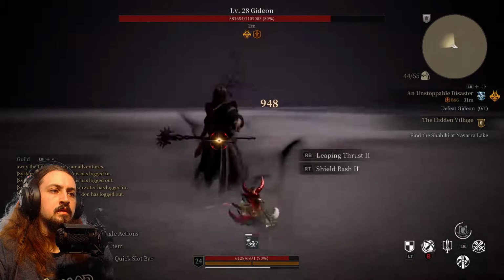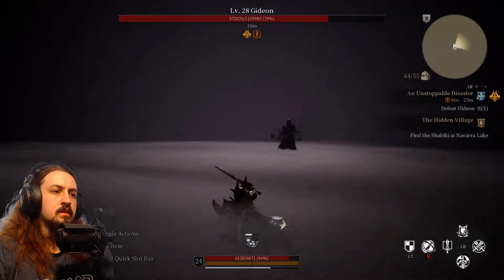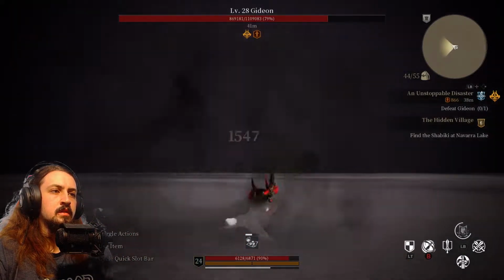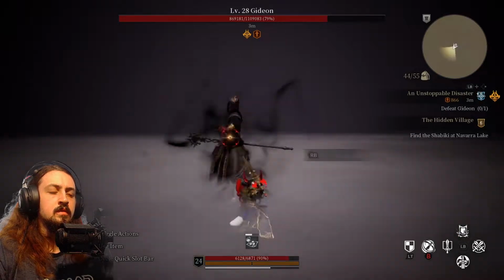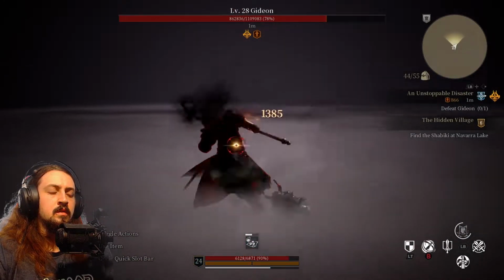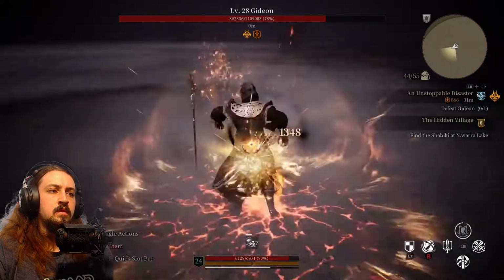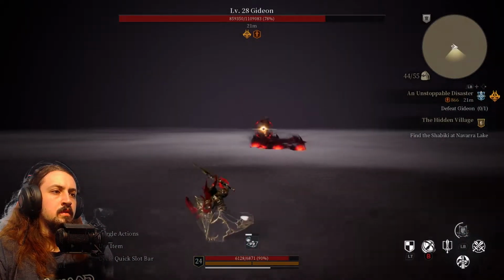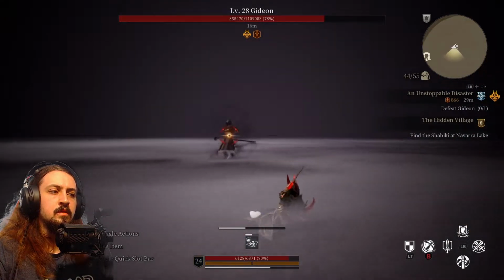So that's number one. Number one thing that you should look out for, I should say. The second thing should be, you know, don't get greedy. And I say this a lot, but when he does the line or the ball attacks, you can usually only get like 1 or 2 attacks in